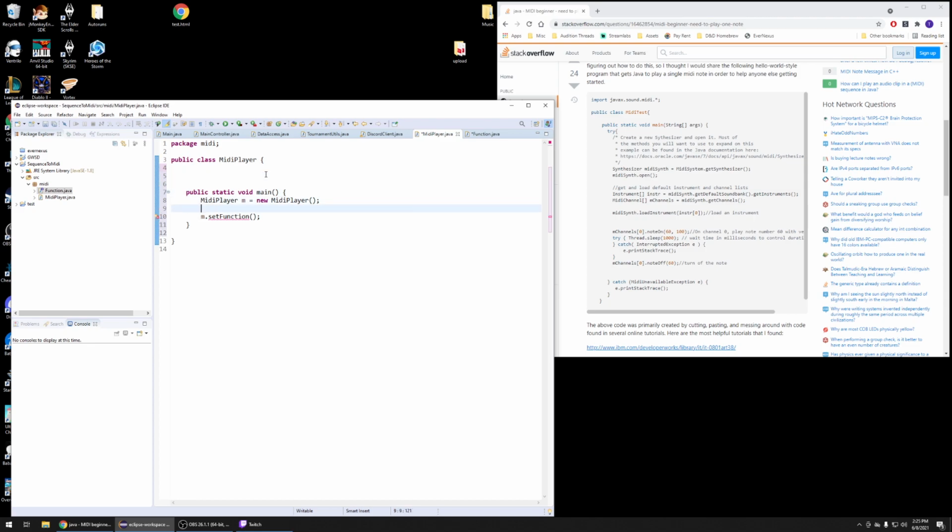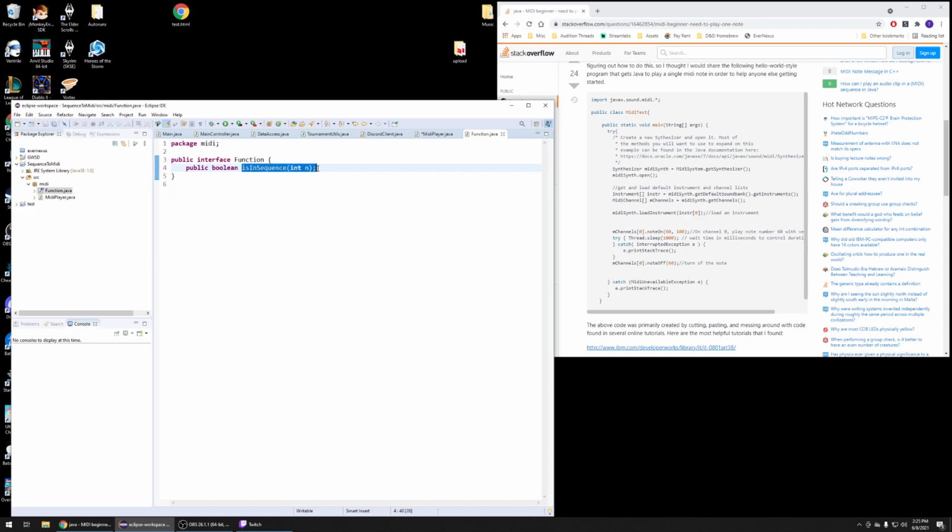So I'm going to set the function. Function f equals new function. Or you know what I could do? I can make the function just return true if it should return that integer. That's probably an easier thing to do. Boolean, what do I call it? isInSequence. So basically what the function class should do is